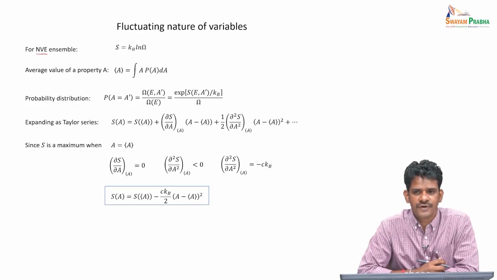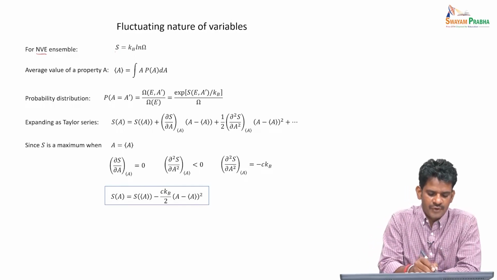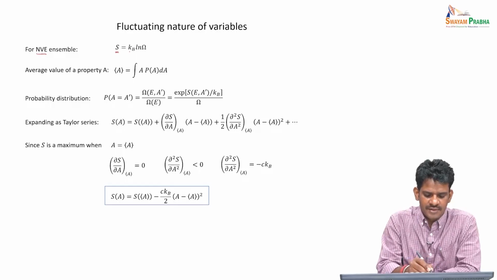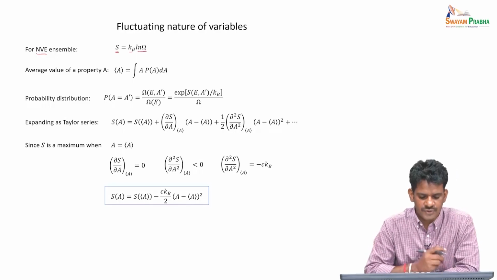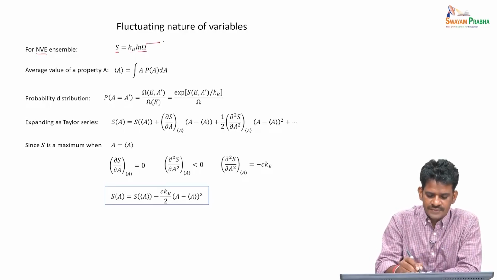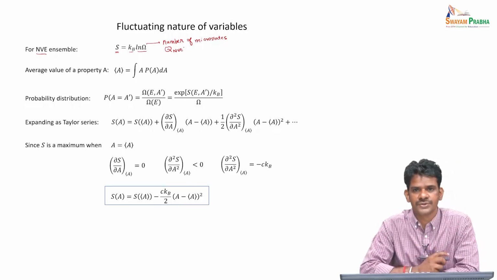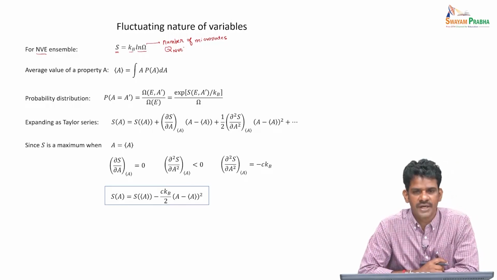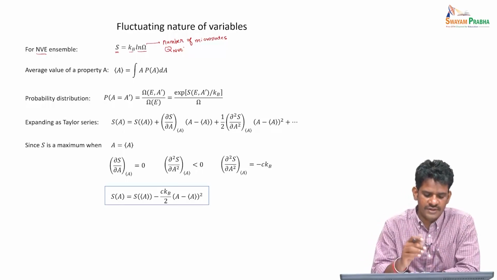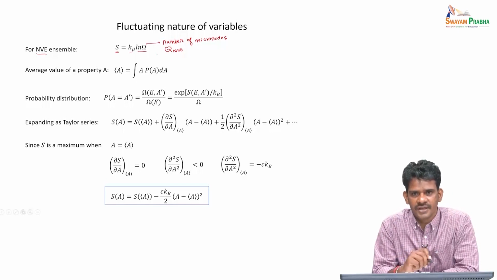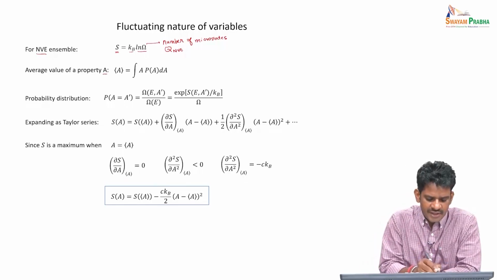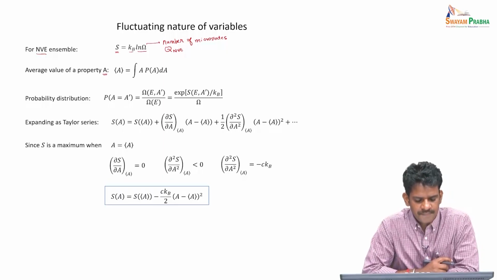We noted that for an isolated system, the thermodynamic potential is entropy, given as Boltzmann constant times ln of omega. This omega here is the number of microstates. Sometimes we would have written this as Q_NVE, the partition function also. So in the case of the NVE ensemble, the partition function and the number of microstates omega are the same. If I know the number of microstates omega, then we can derive all the thermodynamic properties of the system.